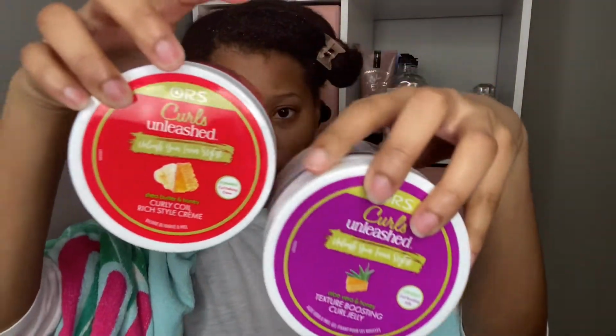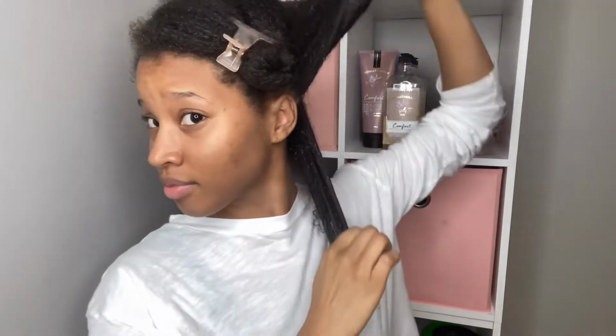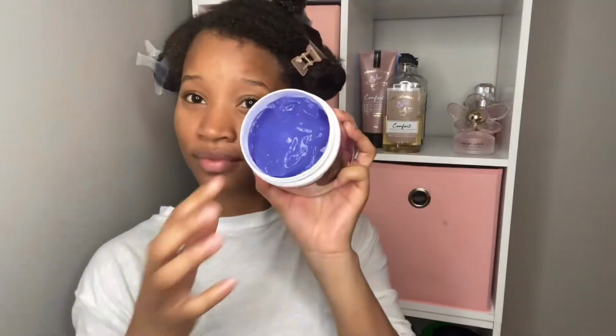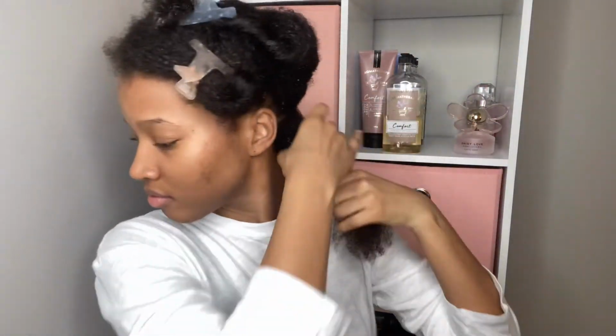So the two products I initially thought I was going to use are the Curls Unleashed Rich Style Cream and the Curls Unleashed Texture Boosting Curl Jelly. However, I only ended up using this one, the Texture Boosting Curl Jelly, on my hair to get my wash and go going. Now I'm starting with this section per usual, and I'm just speeding it up a bit